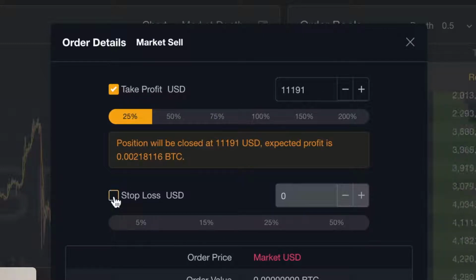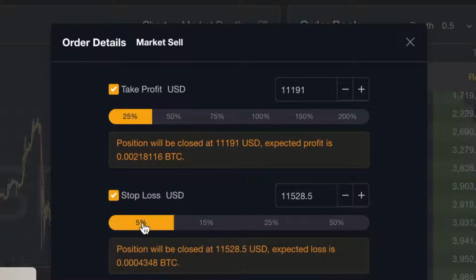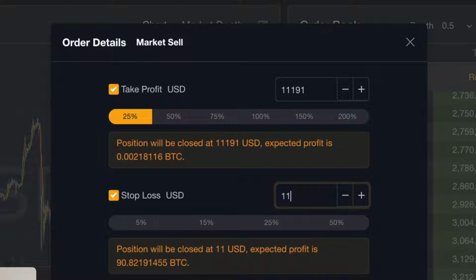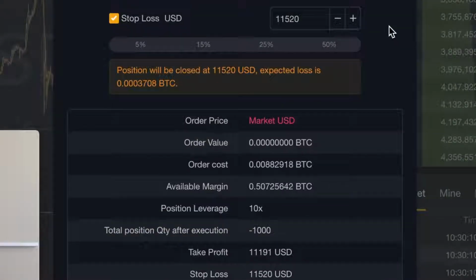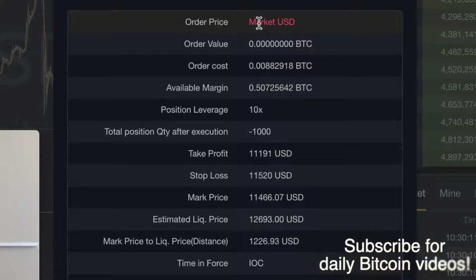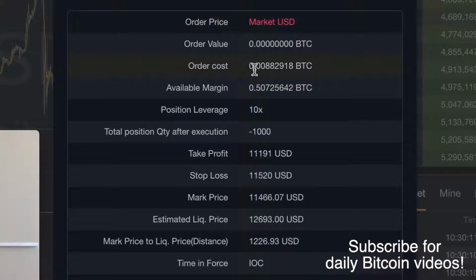You can also click here to make a stop loss, click 5%. So if you're losing 5% on your trade, you will be automatically stopped out of your position. You can also manually control your exit here if that is something that you want to do. So for example, we could do that, and you can see this is a market order, and the order cost,